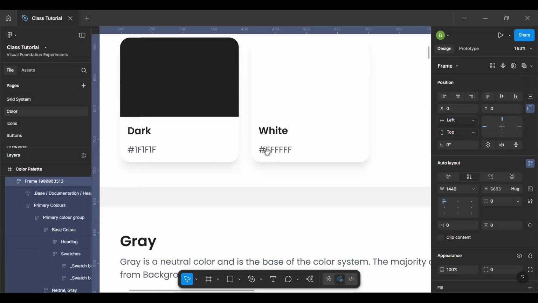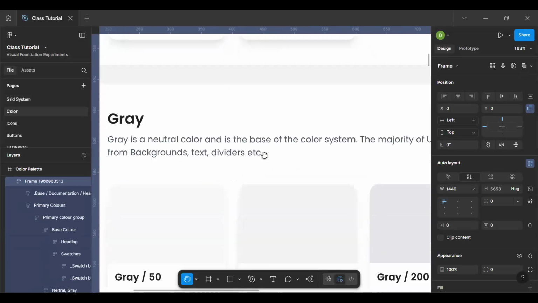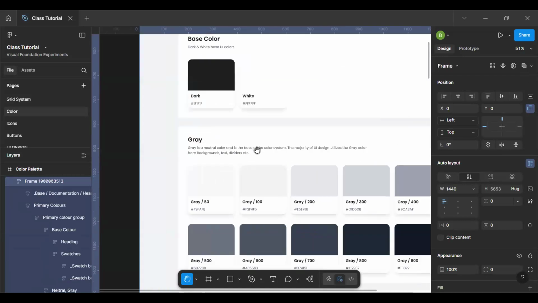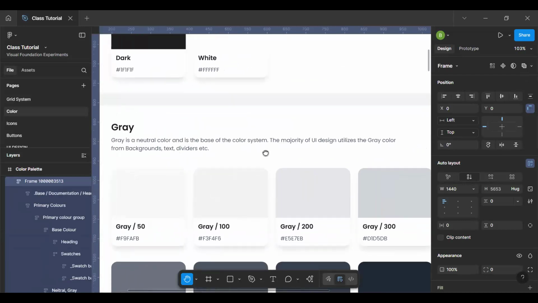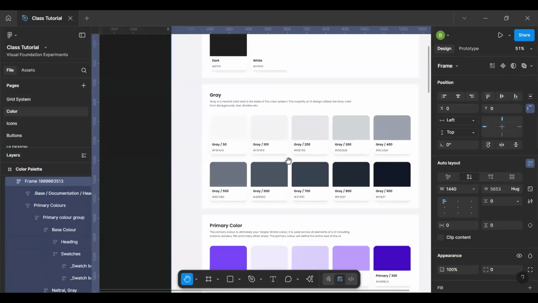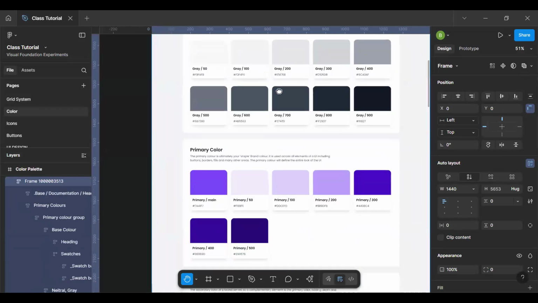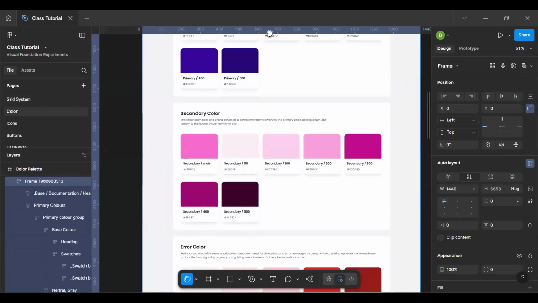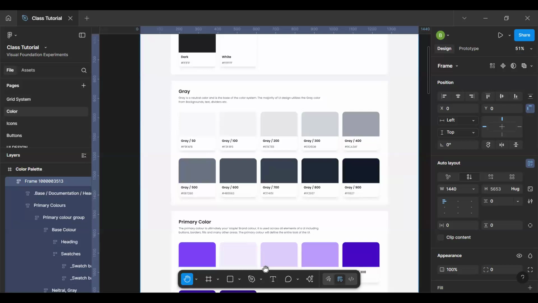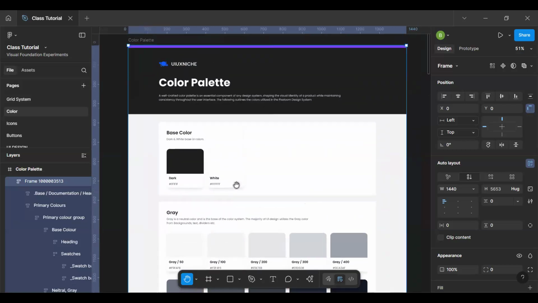All right. So when you are done, this is gray. I said gray is a neutral color, and it's just information about it. This is just content, just writing. As I said earlier, there is no one way of arranging your design system. You can arrange it